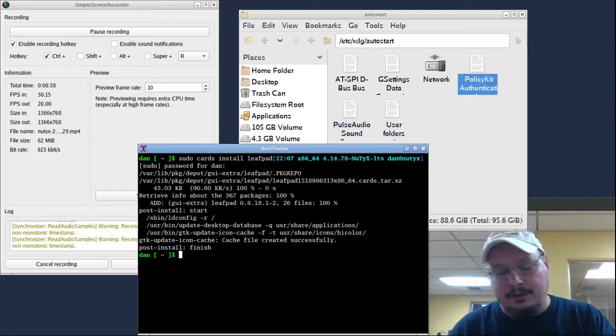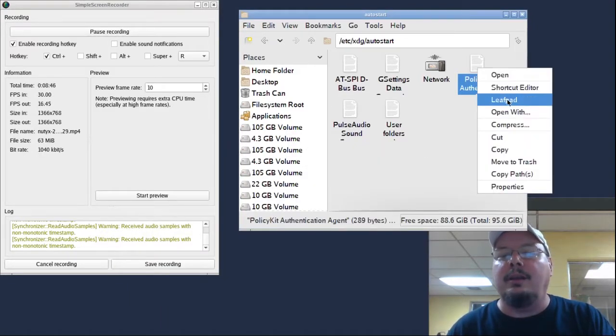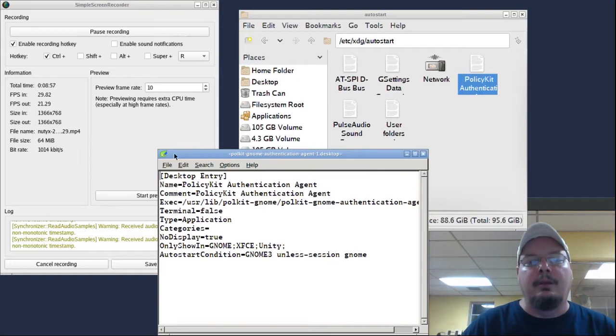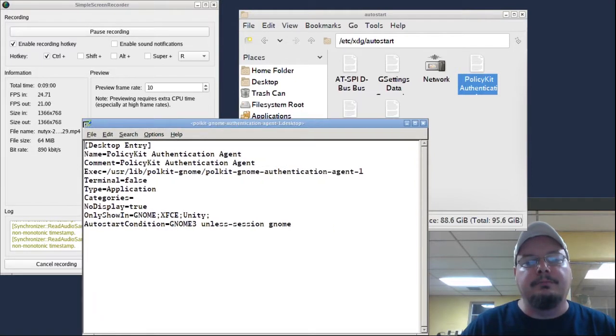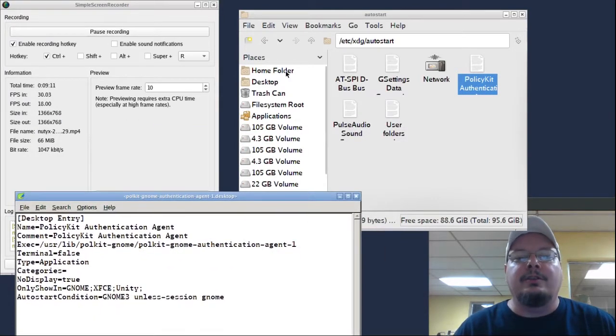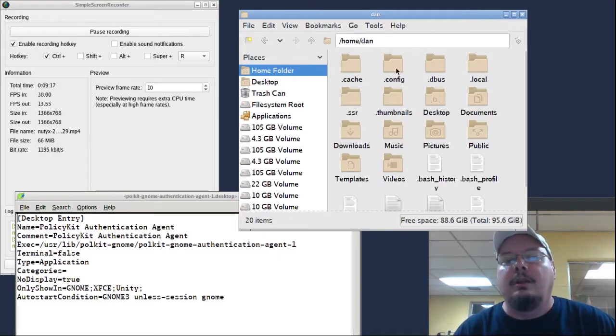So that's another package that I'm installing. Okay, we have LeafPad installed now. And I can open that. Yeah, that's the GNOME. I prefer using the LXPolKit, but since this is already here, what I'm going to do is I'm just going to use this as my authentication agent. Okay, so let me go to my home folder, have it show hidden files, go to config,